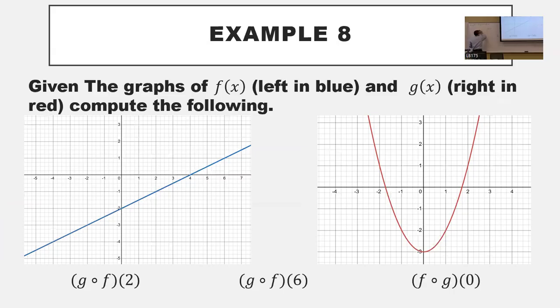We just have to realize that right here, I'm using the left graph as my f of x, and my right-hand graph as my g of x. Be okay with that? So left-hand graph is f, right-hand graph is g. So if I'm doing g of f of 2,